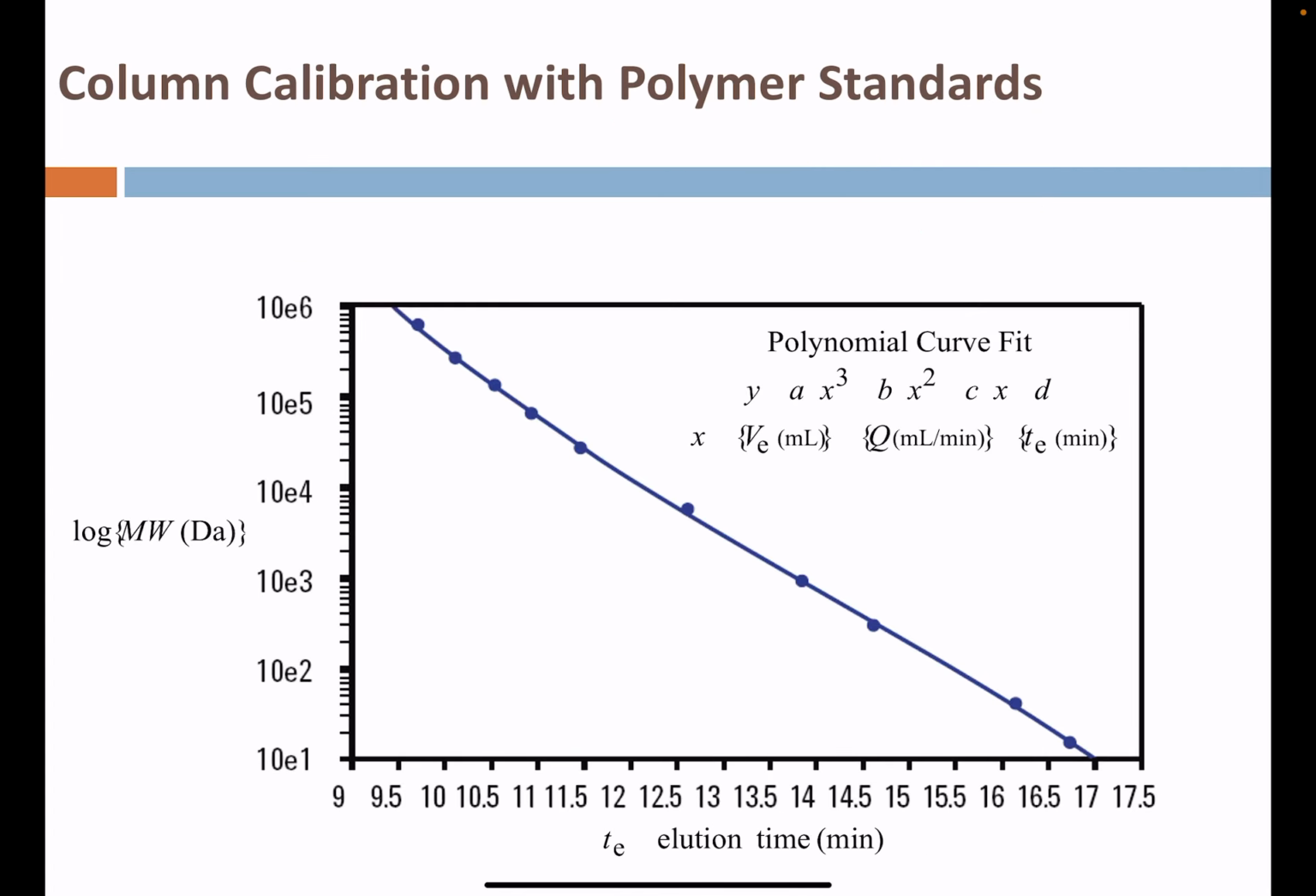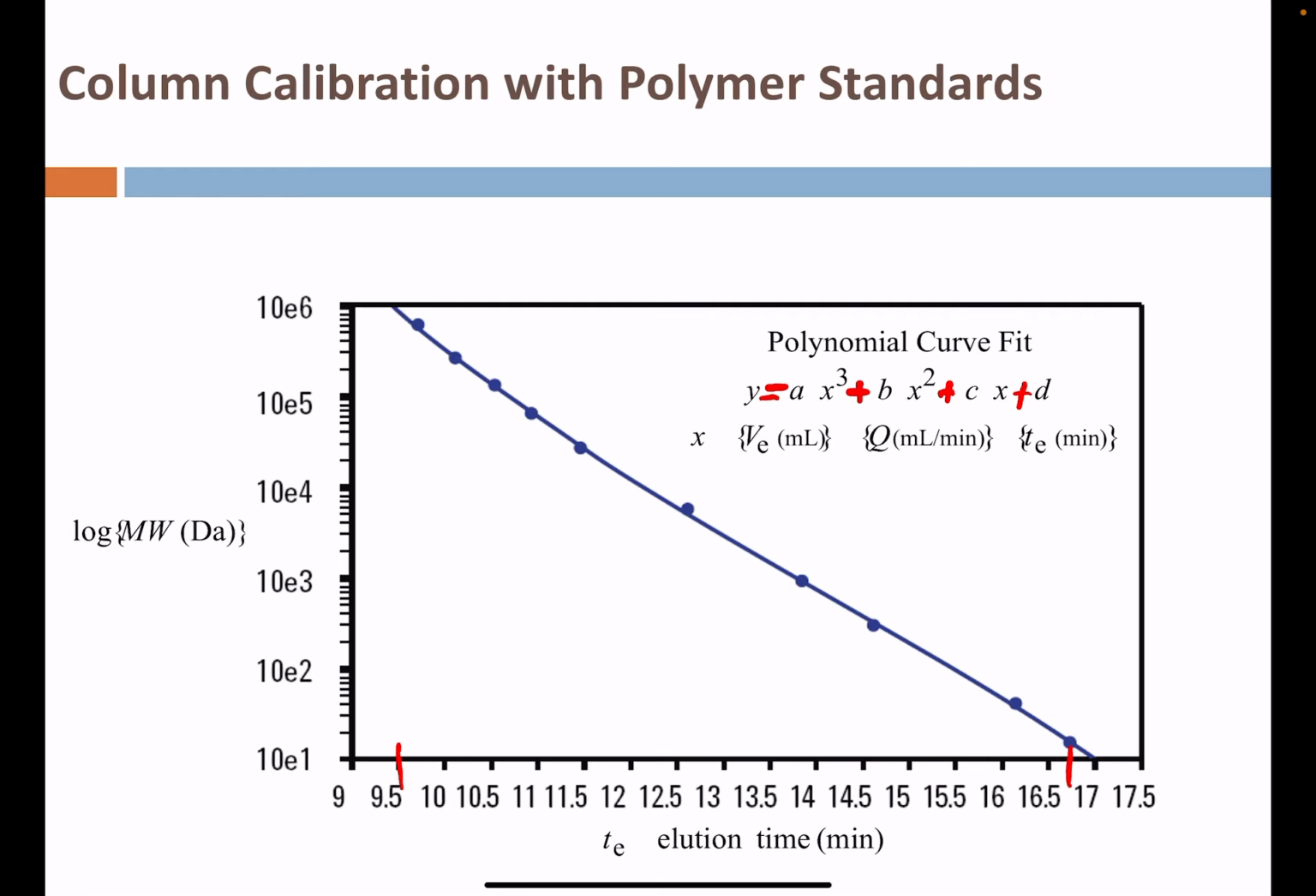Okay, so here's a column that has been calibrated with polymer standards. You can see here the actual data and the correlation that is near linear. And so we have standards eluting from about 9.5 minutes all the way through to about 17 minutes almost. And the polynomial that fits this can be represented here,